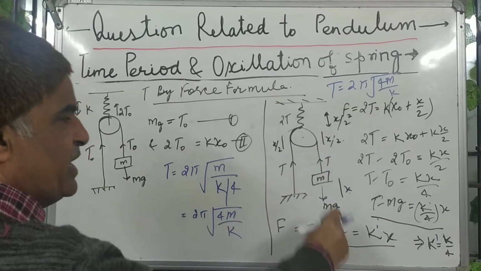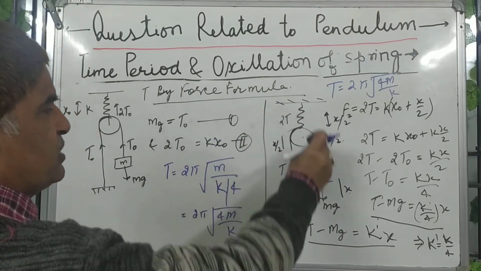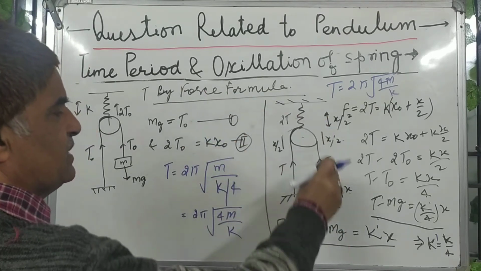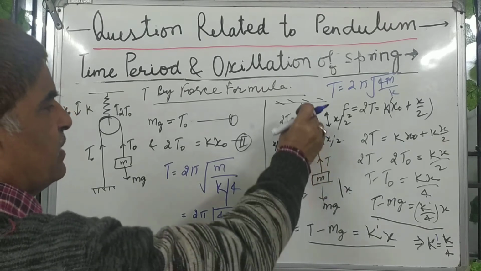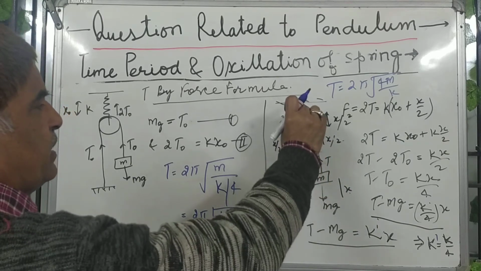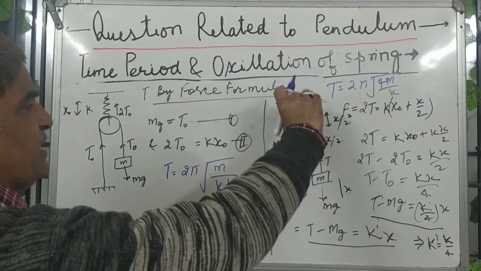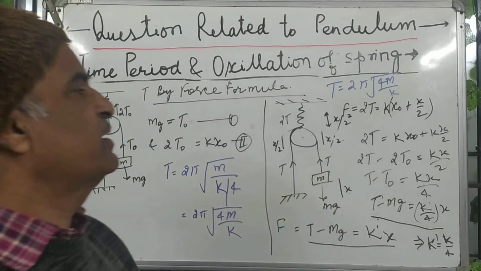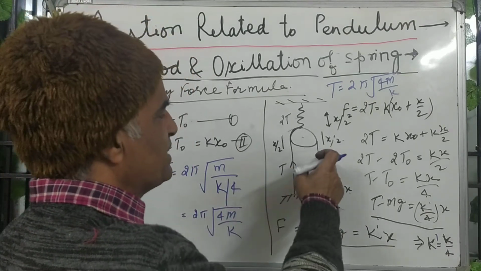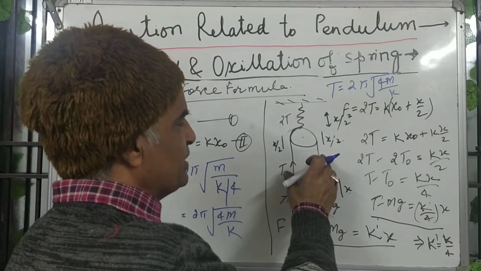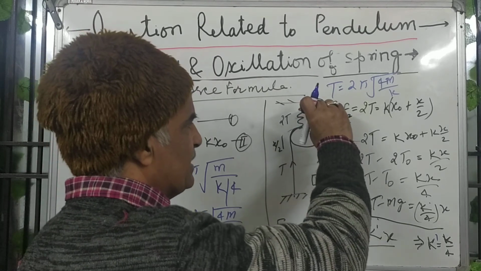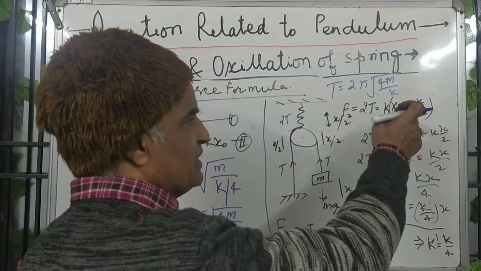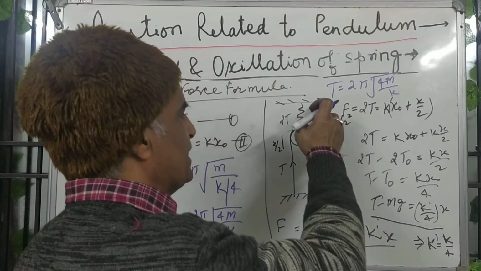Now this wire is not fixed, it is oscillating. The body is moving up and down, and compression and expansion in the spring is taking place. Then what will you do? The question is this. So from this you are getting the knowledge that a new tension will be created. Due to the new tension, let there be extension in this. The initial extension was x naught, and the new extension is x by 2.